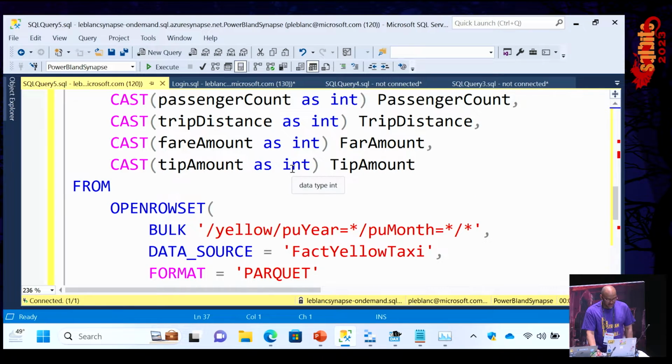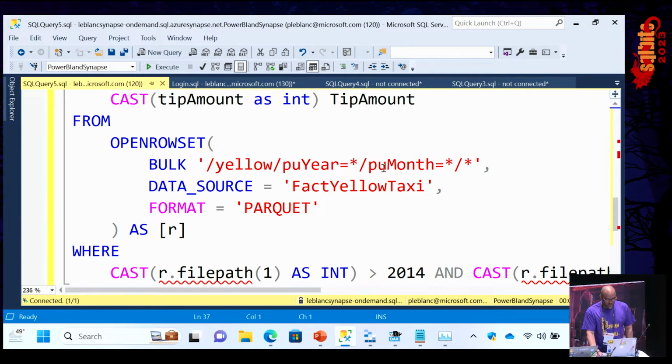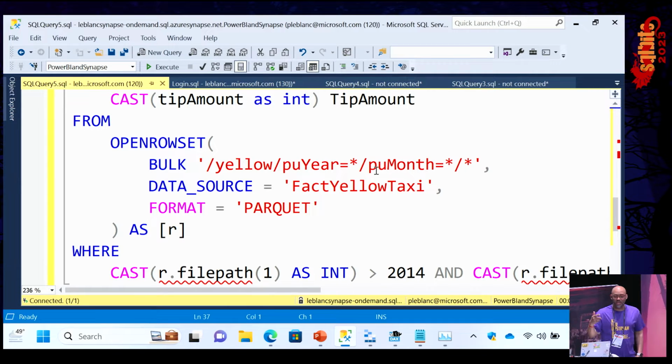And so you can see right here that I'm going to a path. And remember I was saying you can wildcard these things out. So I'm pointing to the location of that external data source. And so you can see right there it says data source equal fact yellow taxi. And so once I say that, if I give that demo user account to that particular object, it can query it without me ever giving anyone access to my underlying storage. Nice. It's pretty nice.